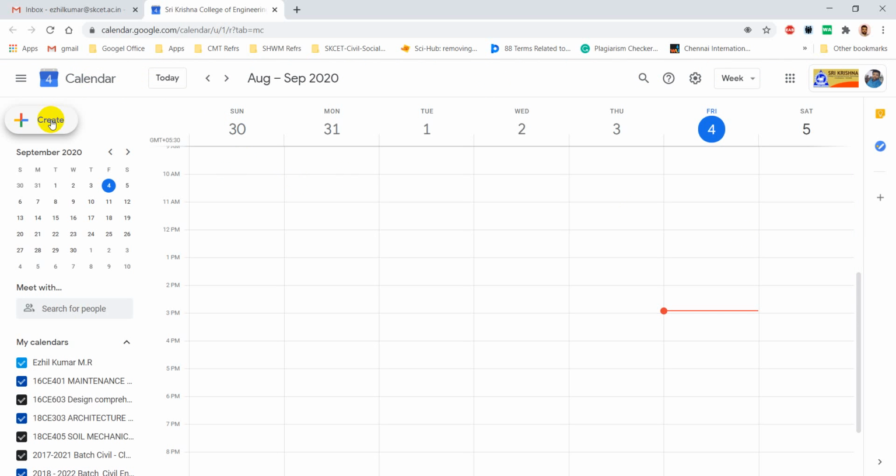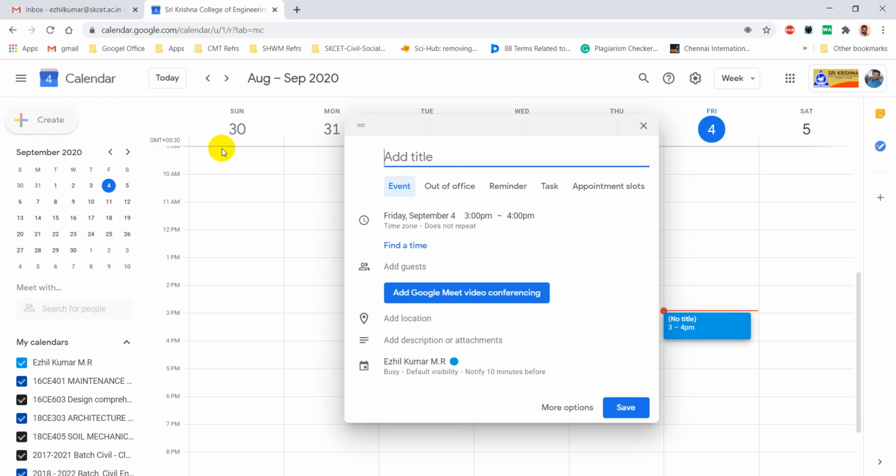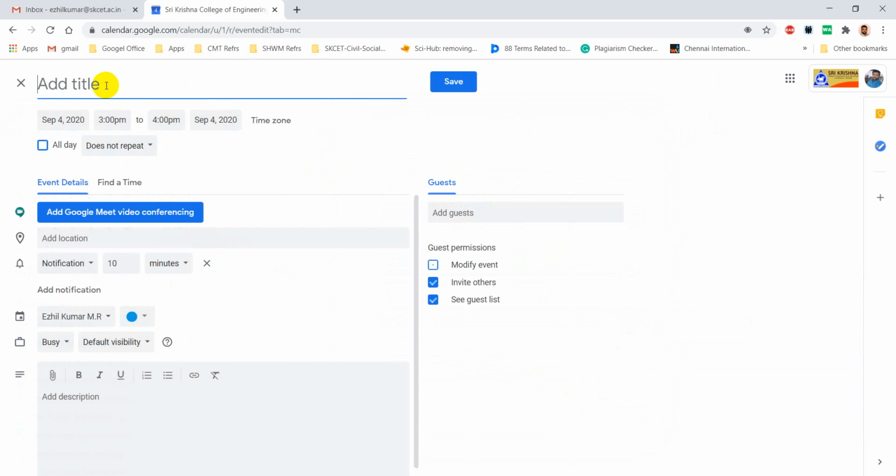And on the left hand side you have a create icon, right, and left click on that, so you get a dialog box. So from here you go to the more options, right. So now I am creating the title of this event.